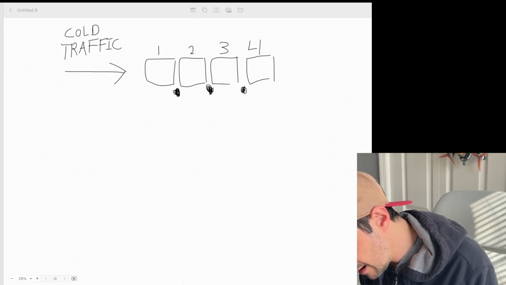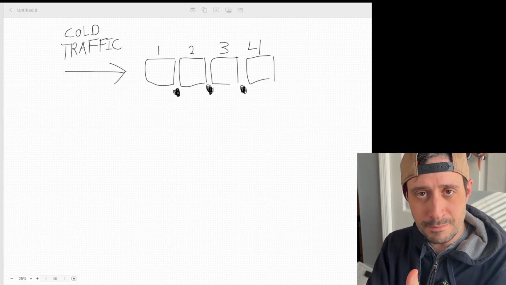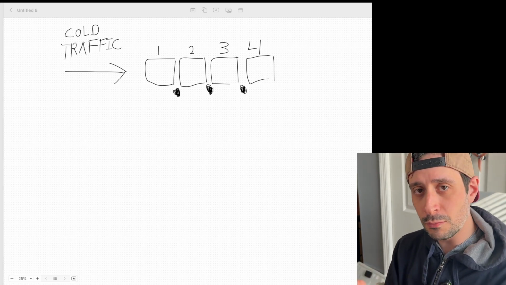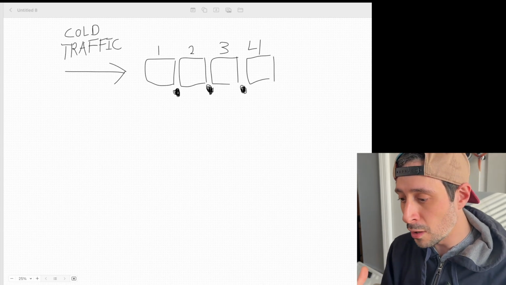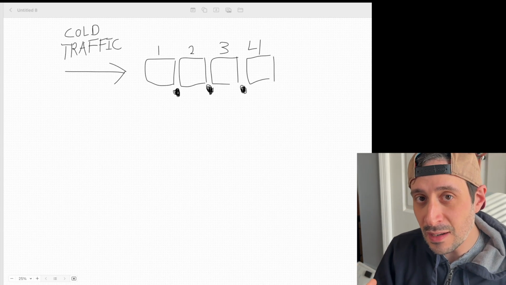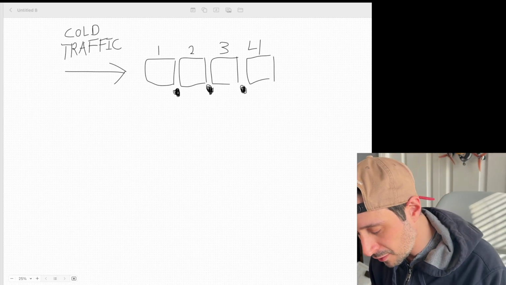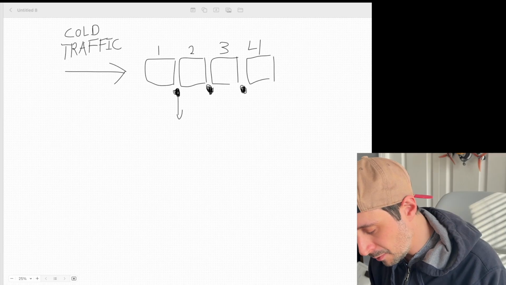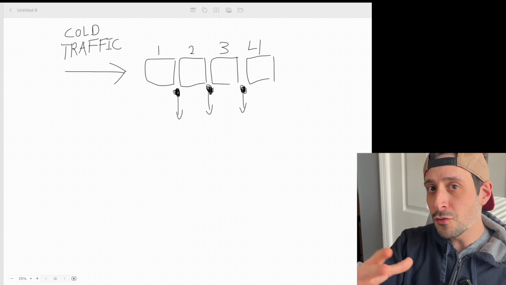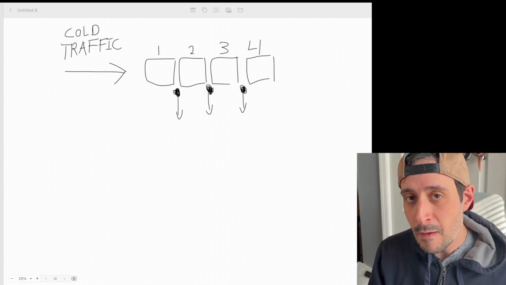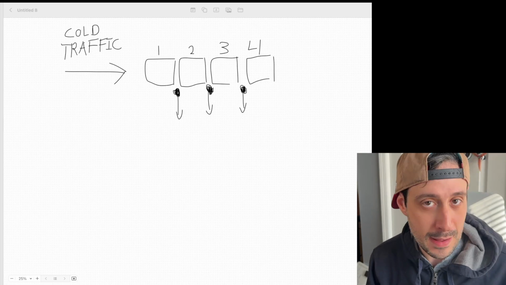And what do I mean by that? I mean that people will see your ad and then they move on with their lives and then they don't really see an ad from you again. Or it might take a while. Or whatever the case is, they don't really see you over and over again. So what happens is these black holes occur and these people kind of get lost in the mix, right? So for every 100 people that you spent money on, maybe 20% see all 4 of your ads, if that,